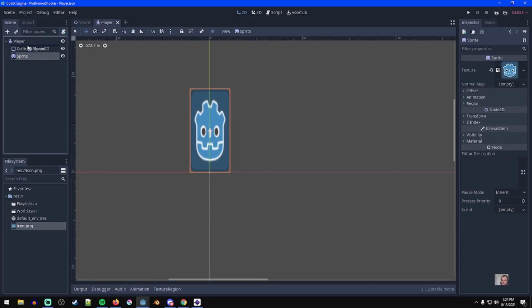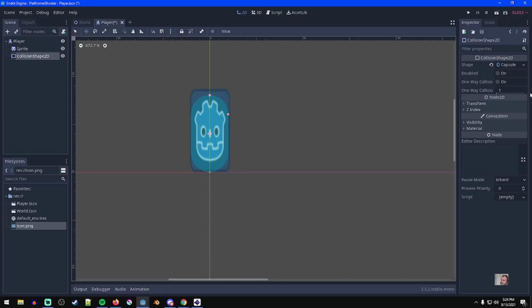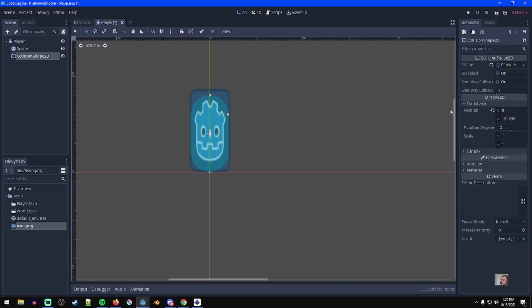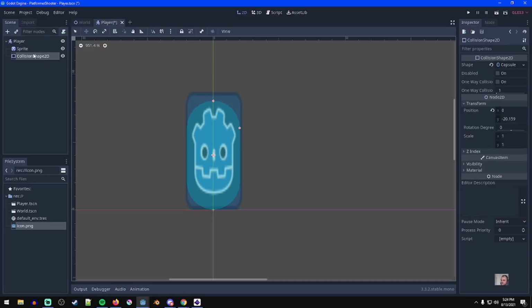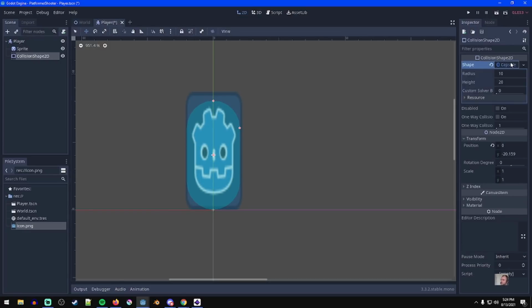Oh, like that, right? So, and then you can also check its transform, so make sure it's centered and stuff. This collision shape, actually the capsule, if I click on it, it says it has a height of 20 and a radius of 10, which means a radius of 10 would mean it's,